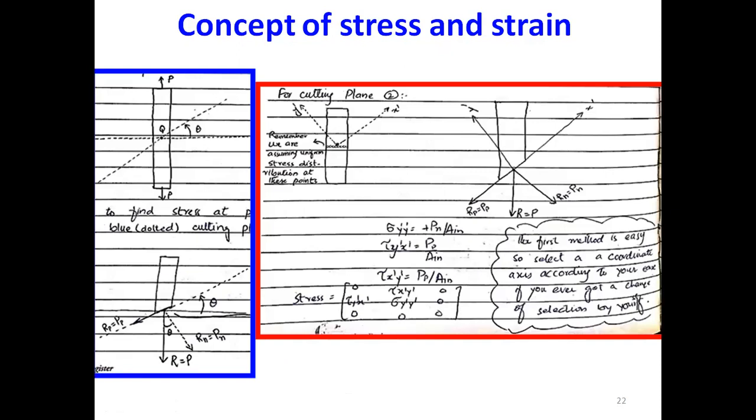The second case we will discuss is what would happen if we change the cutting plane, and how we would write the stress matrix. We have already discussed that if we have a point Q and we change the orientation of the cutting plane, so that it is at an angle theta to the horizontal or to the x-axis, then we would have two forces. One force would be perpendicular to this slanted area, and one force would be parallel to the slanted area.